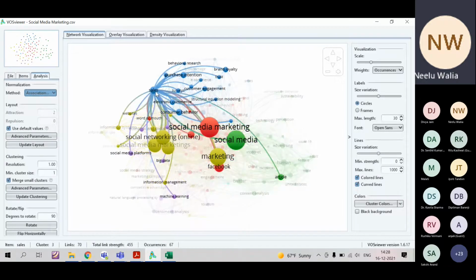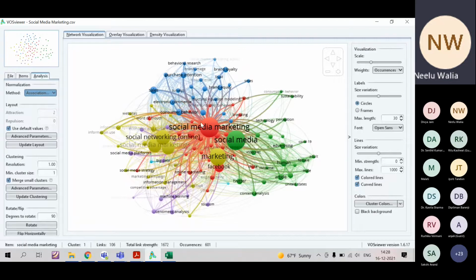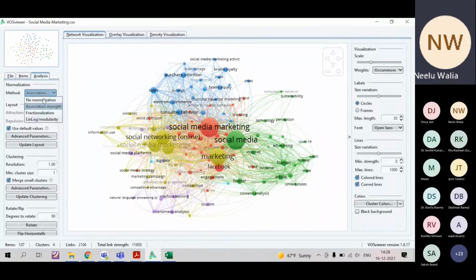So the strength of the use of these keywords will be shown when you select association strength. Then fractionalization, this I am going to show you in the beginning itself. Normally what I suggest is that you should go for association strength only.